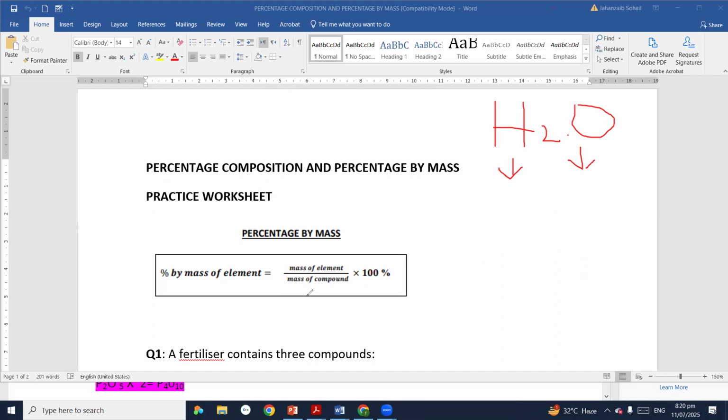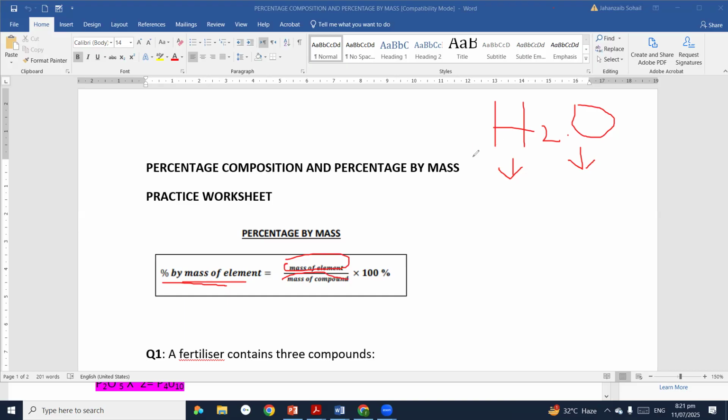Look here. Okay. First of all, this is the percentage. You will calculate the percentage of elements that are present in compound. I told you that water is a compound that consists of two elements, hydrogen and oxygen. Any compound can contain more than two elements. Okay, so basically water consists of two elements. So I can calculate the percentage of each element. So if you want to calculate the percentage of that element, you will write down the mass of that element and you will write down the mass of total compound and multiply by 100.